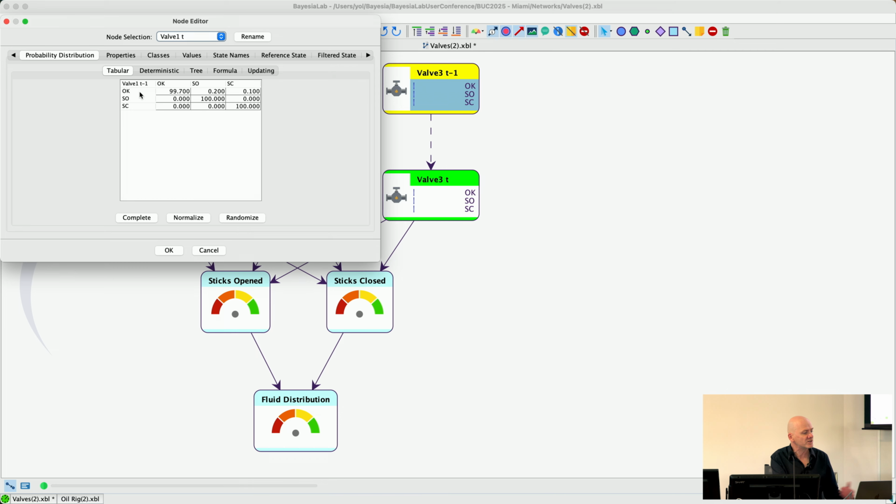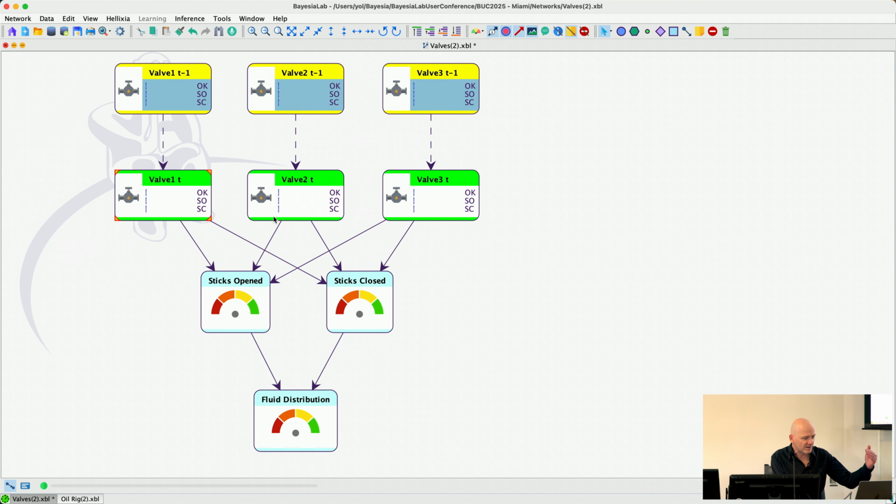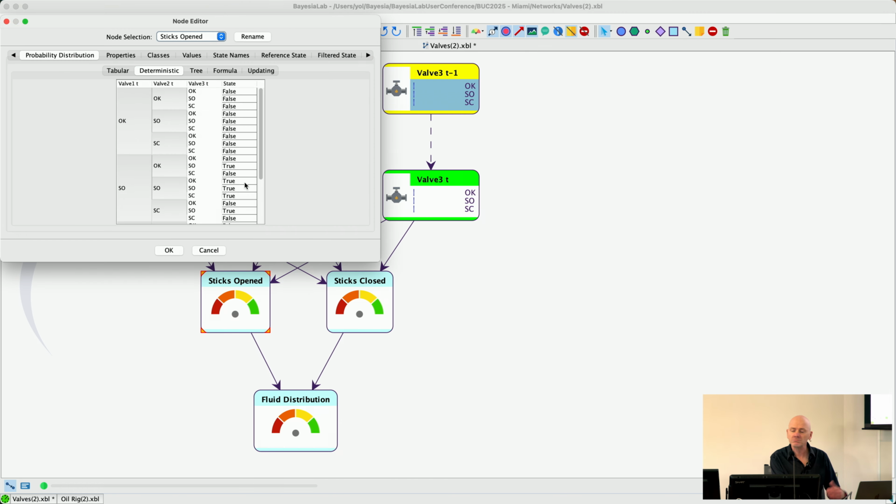So if the valve is okay, then at t plus 1, which can be an hour or 1 day or whatever, the probability that it will stick open is 0.2 and stick closed 0.1. And if it is stuck open already, then it will remain in that state. It will not repair automatically. The same thing for stuck closed, right? So we have this dynamic representation for the 3 valves, and here we have the logic that represents